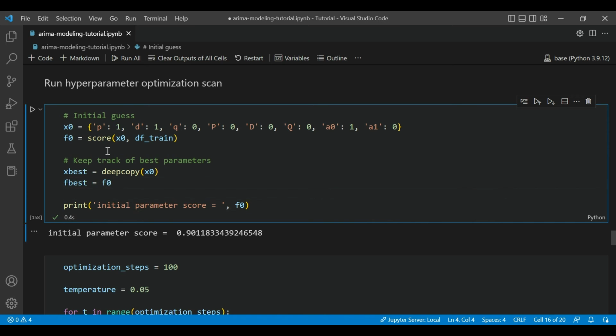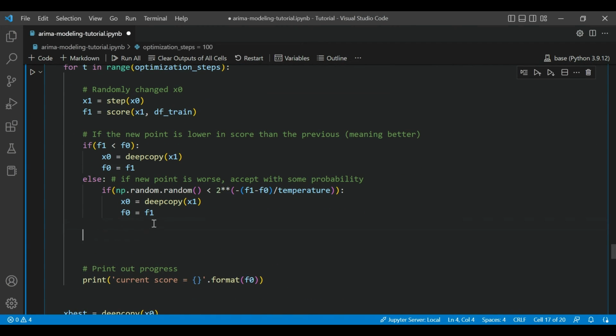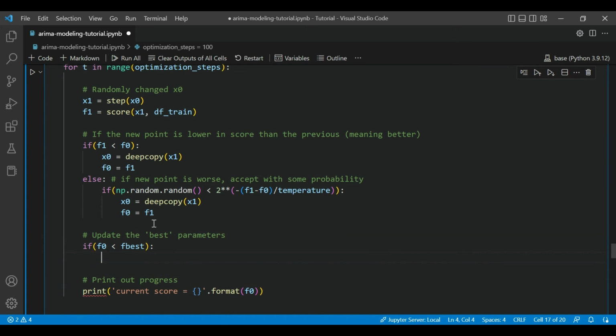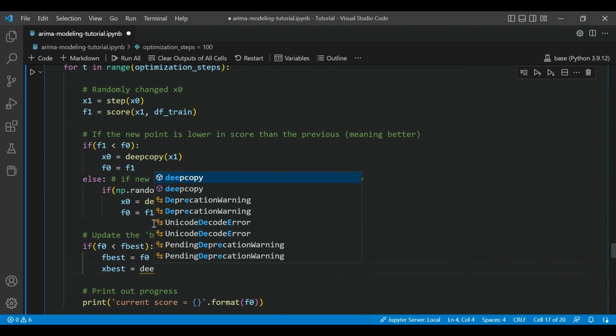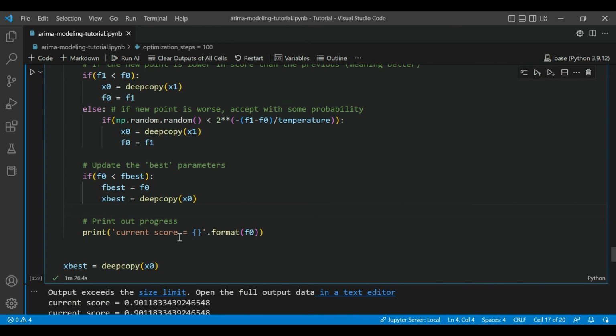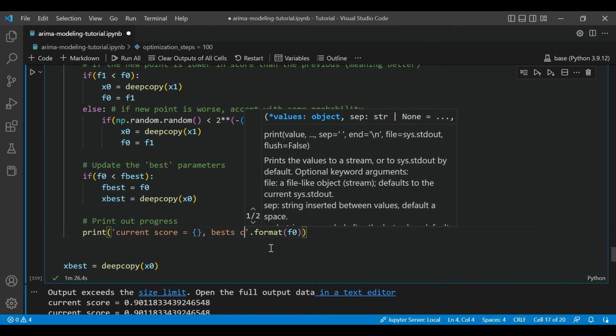So let's track. You've got x best, and let's take the best so far. After this initialization, this is the best. And then over here, what we're going to do is update the best parameters. If f naught is less than f best, then f best is f naught, x best is x naught. And then we can actually print out the best score